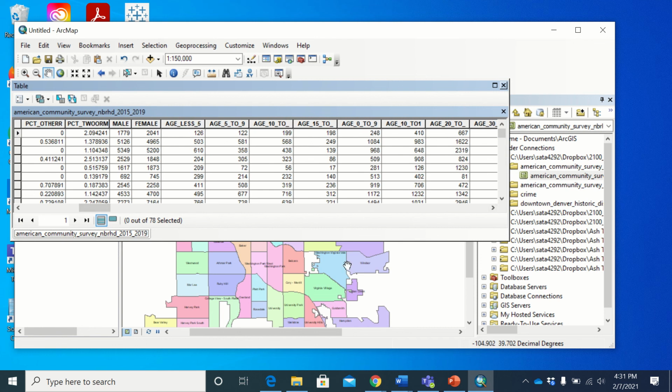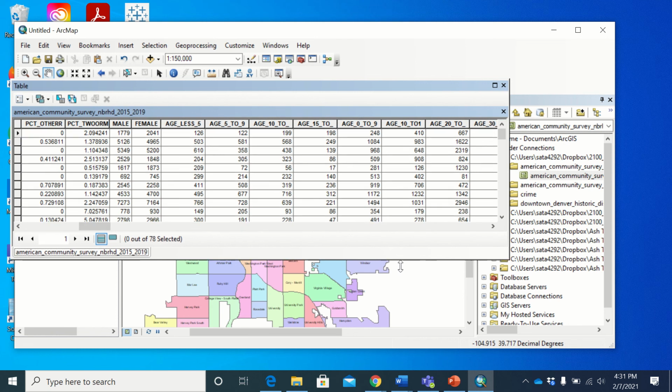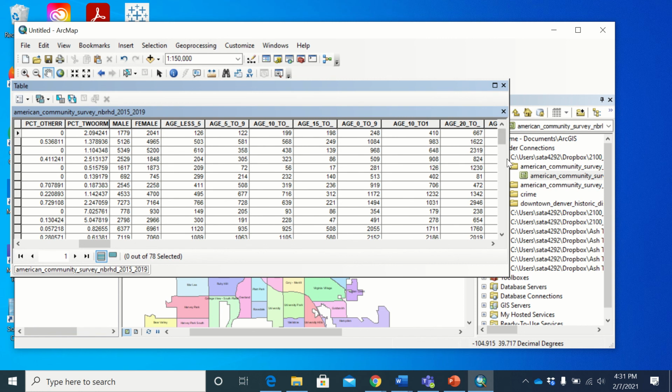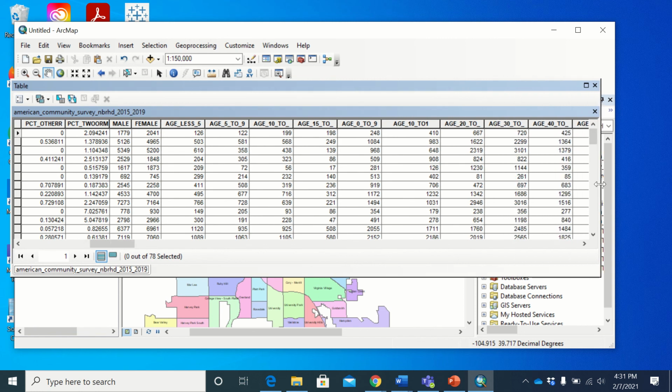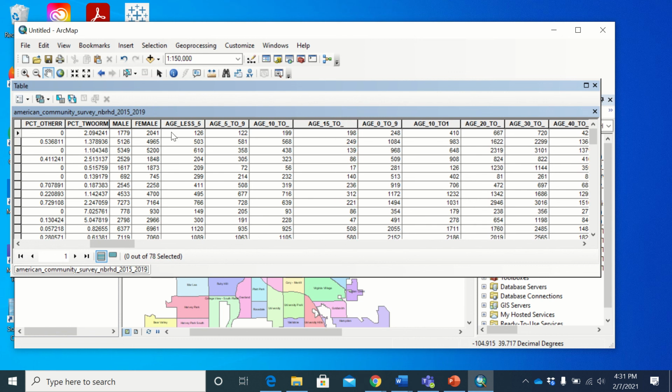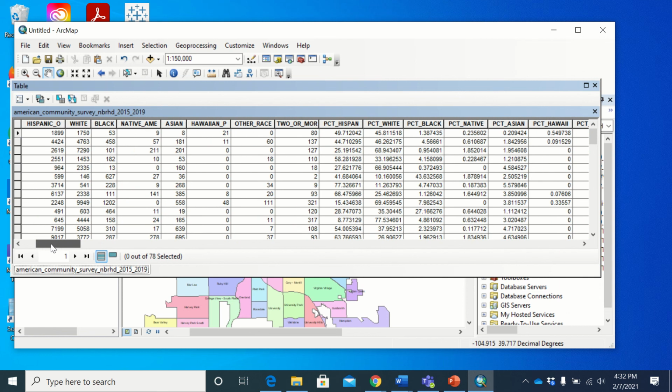With the attribute table, just imagine that by children we mean people under, let's see what information we have. Let's say that we want the percentage of people under 18. So this is age less than 5, 5 to 9, 10 to 15. This is 15 to 18, to be honest with you. So under 18, let's say that we want the percentage